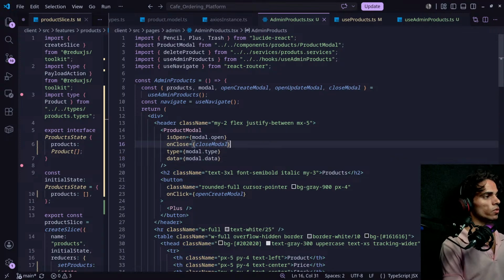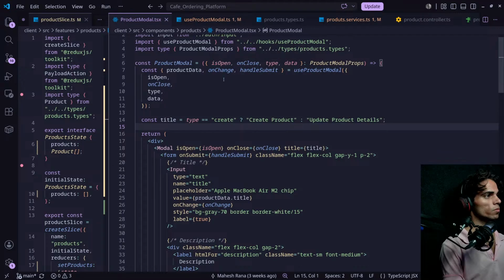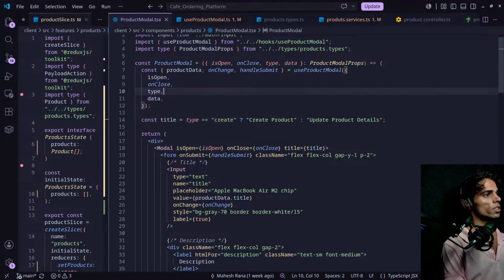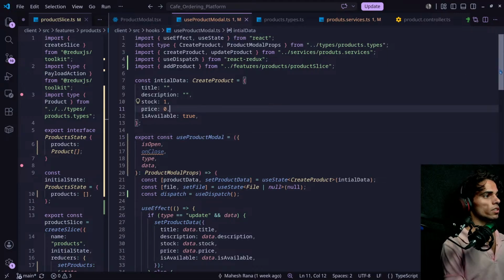On close we are closing the modal. So in the modal, to close it we have to trigger this. So modal and is open, on close we are closing it. We have to trigger the on close, and we have on close here. So what we'll do,